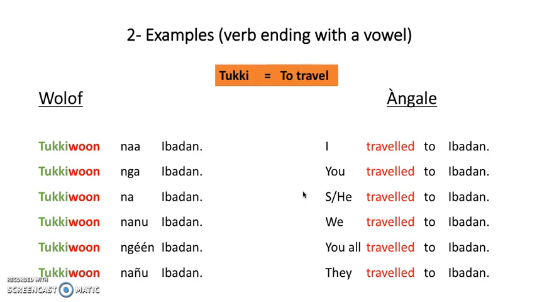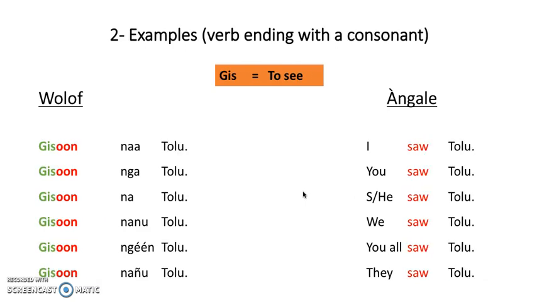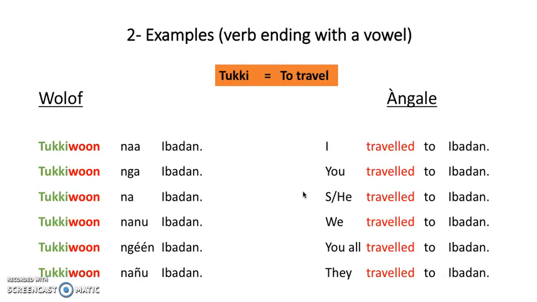The second example is with a verb ending with a vowel. Now, if you remember, when I go back, here we have a verb ending with a consonant. It just goes straight with the tense marker, which is on. When you have a verb ending with a vowel, the tense marker is still on, but to make the